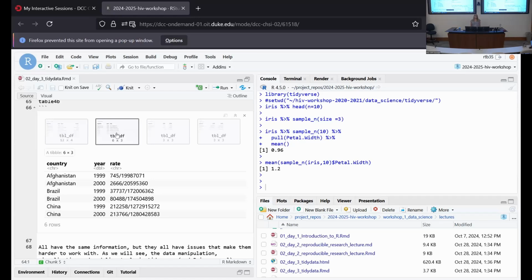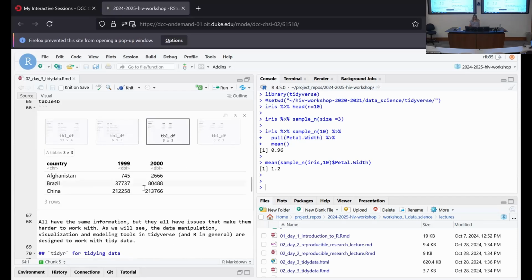Right, every value does not have its own cell. Yes, I said that right. This one is fine, but, well, it's not exactly fine. You have to do some other stuff to it too. You actually have